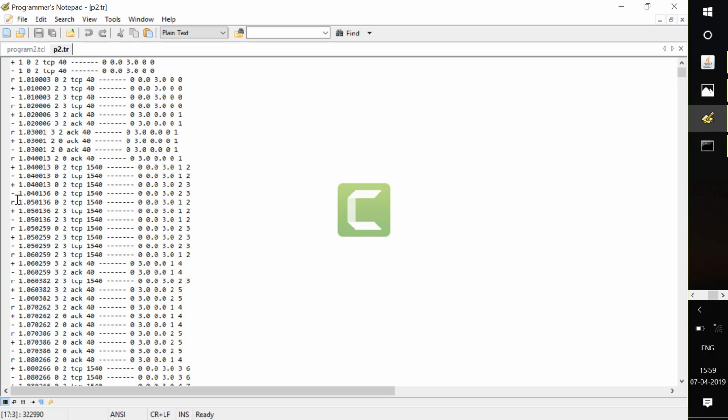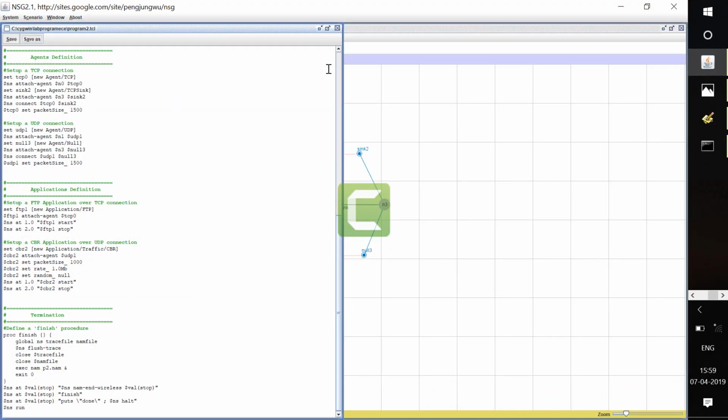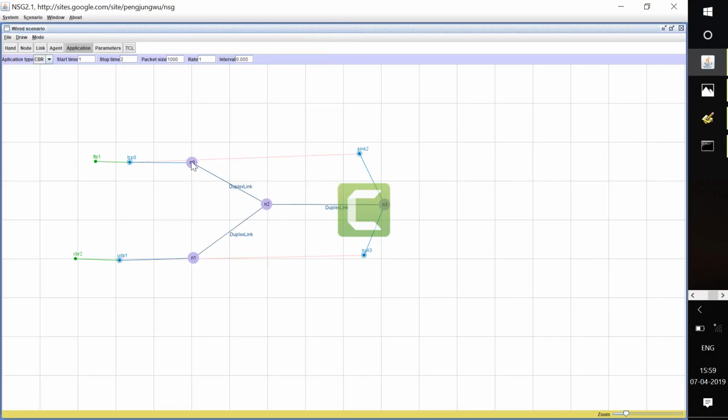Why do we create a buffer? In order to have flow control. The packet entering that buffer we call a positive, and the packet going out of that buffer we call a negative. Once it goes out of the buffer, then it has to reach the destination. So between N0 to N2 there will be one buffer, between N1 to N2 there will be one buffer, and N2 to N3 there will be one more buffer.